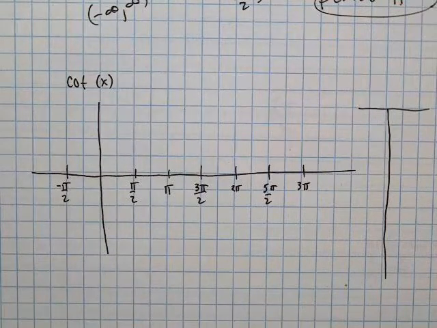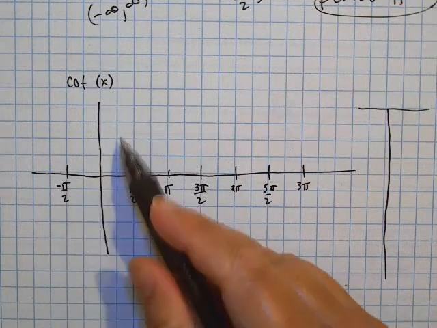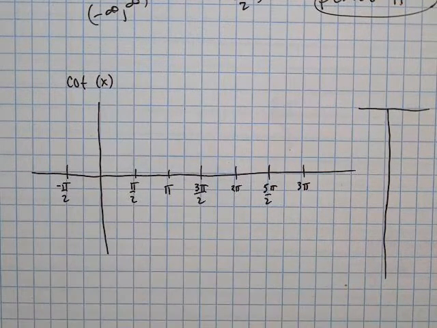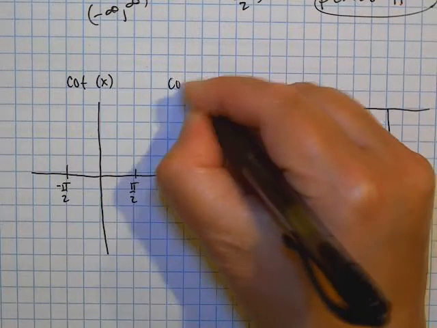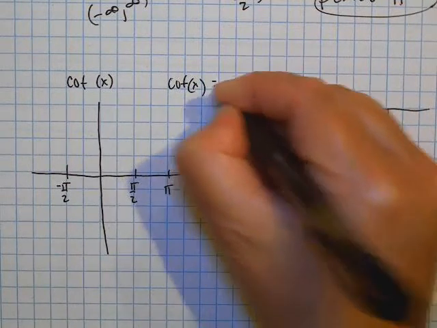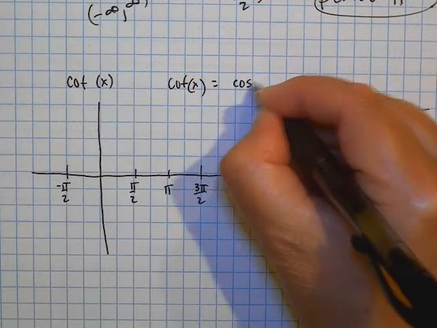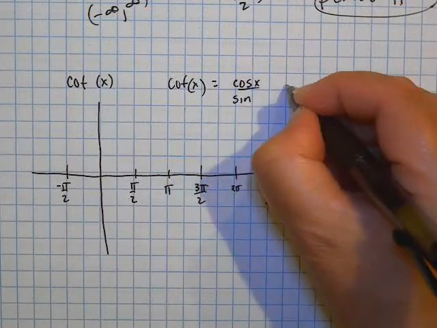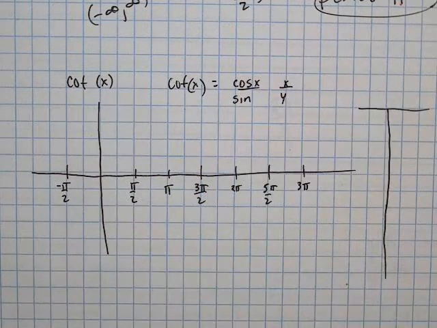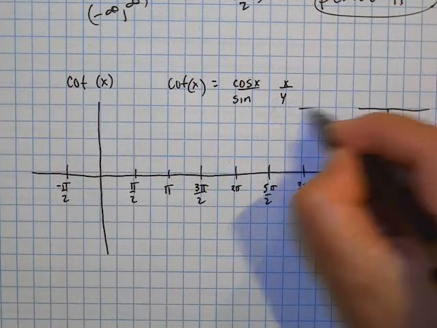Let's think about the graph of cotangent of x. So tangent went like this. Let's think about cotangent. So cotangent of x is actually cosine over sine. So now, instead of y over x, we're going to use x over y. So if we think back to our unit circle,